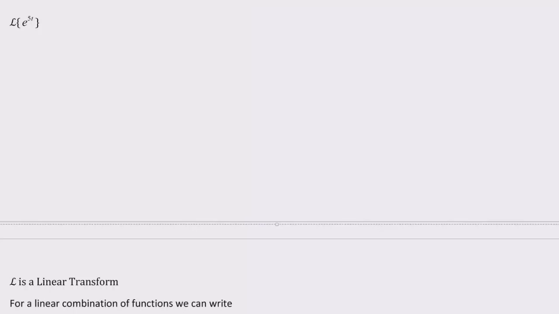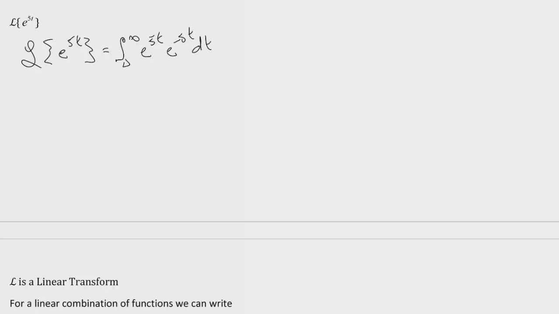Alright, so the Laplace of e to the 5t is the integral from 0 to infinity of e to the 5t times e to the negative st dt. So that's e to the negative (s minus 5)t dt,